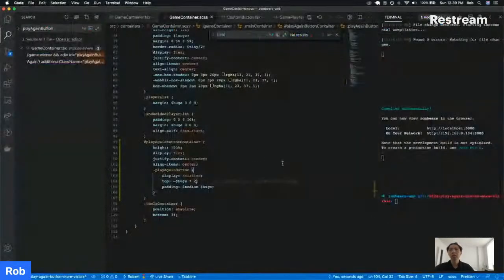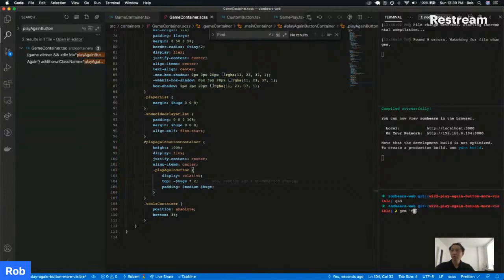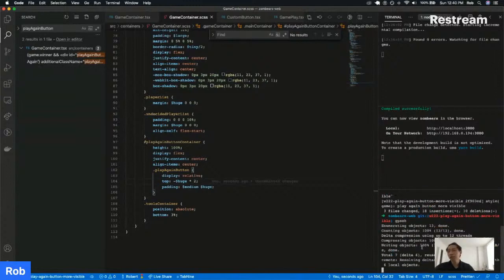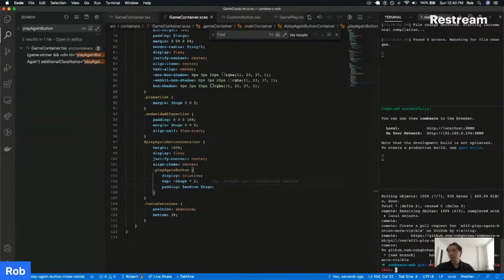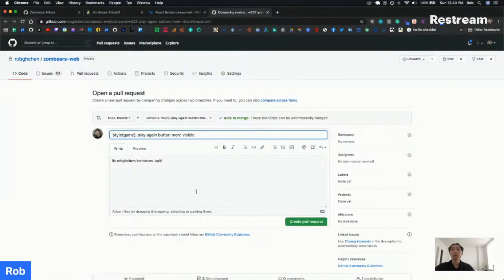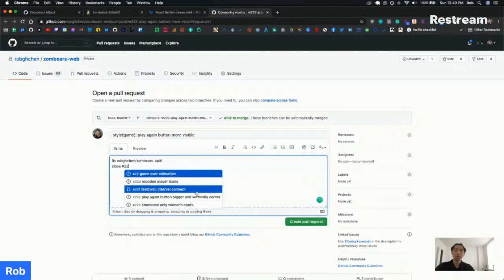Let's commit. Git add, git commit, fix, I guess. No, let's call it style. Game, play again, and more visible. Source bash profile, git commit that again, git push origin head. And that will put to